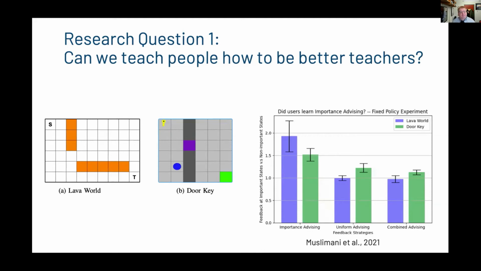So we have some pretty preliminary results in grid worlds showing that yes, so in this case, we were looking at trying to define what an important state was. So for instance, if you're right next to the lava and you don't fall into the lava, if the agent does the right thing, that's a great place to reward them. And we found we could influence this a little bit. So there's some evidence, like you'd expect, that if you grab some human subjects, you can coach them and help them to give you better advice, give your agent better advice.